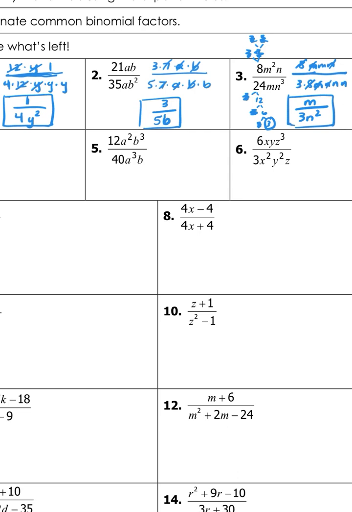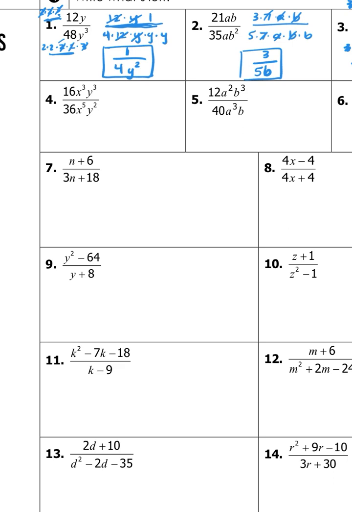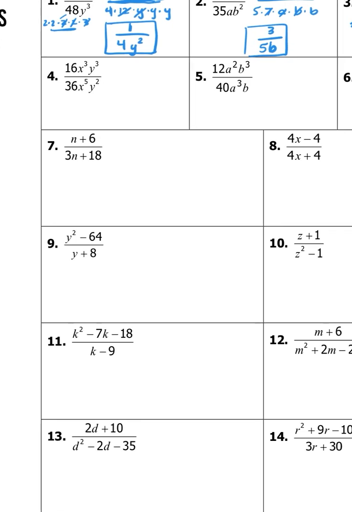So you're just going to break down everything you can and then cross off everything that is on both sides. So 16 and 36, nothing just pops into my head right away. Probably a 4, right? Because 16 can be 4 times 4, and 36 can be 4 times 9. And then I have 3 x's and 3 y's. And over here I have 5 x's